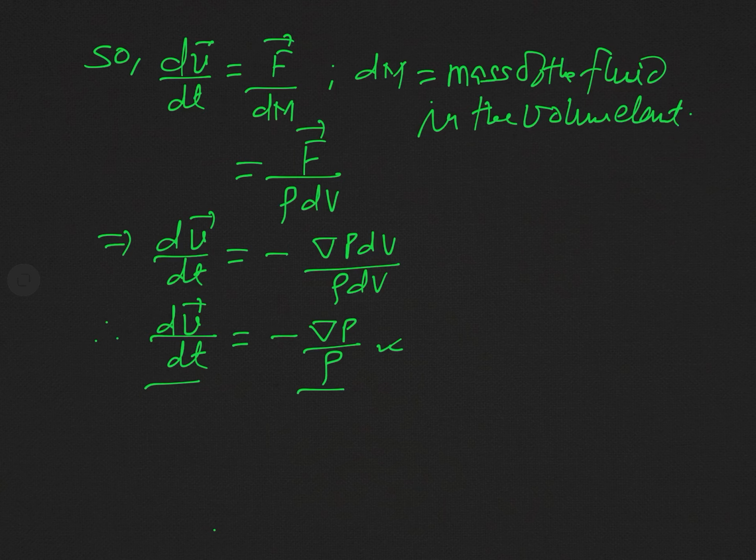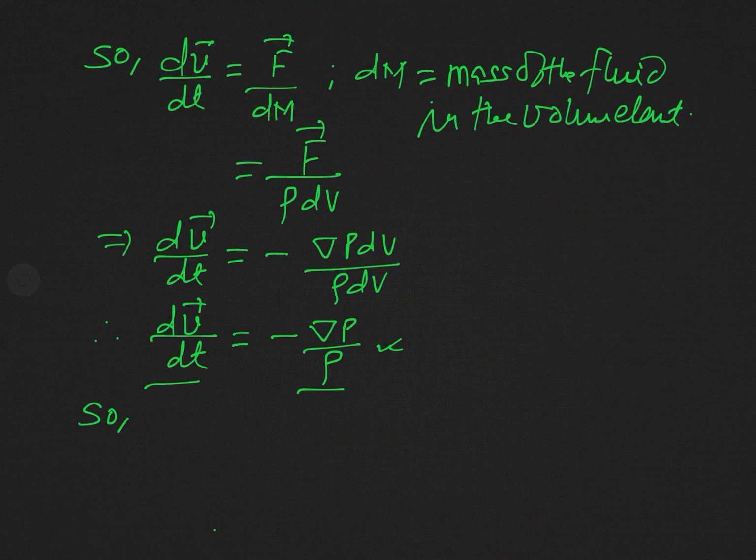But here we have considered that the fluid is acted upon by three forces simultaneously. First one was electromagnetic force, second one was collision force, third one was gravitational force. Now I am considering the force due to the pressure gradient. So if all these forces act on the flowing fluid simultaneously, then what will be the equation of motion? Definitely in the previous equation of motion, we will add this term in the RHS of the equation of motion.